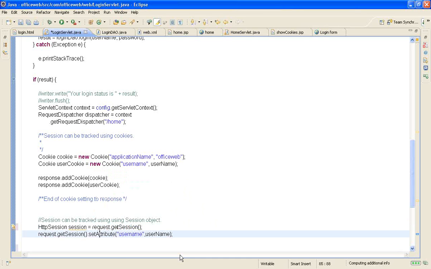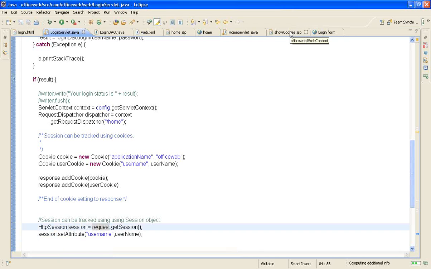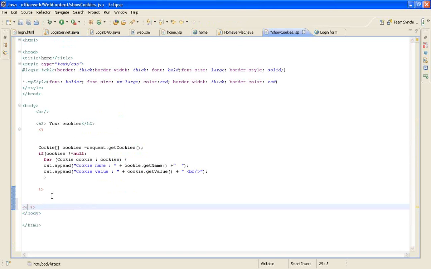Okay, and I say session.set, enter username. Okay, now I can say that this is one thing. I'm setting a value there, and I'll write